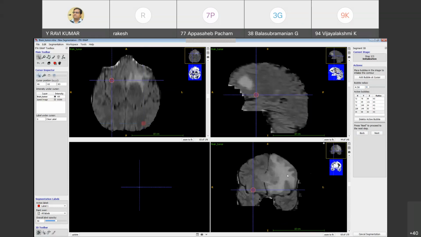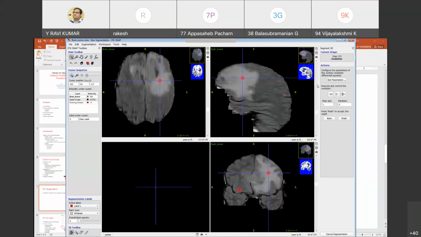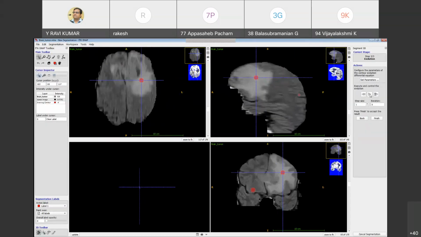Add bubble here. Then after clicking, you just go for the next. Now the final step is iteration. You click on the triangle button. Iteration started.